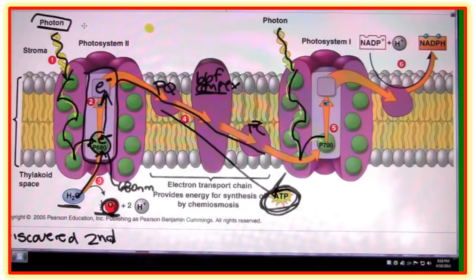P700 is named this because it absorbs light at 700 nanometers, and at that 700 nanometers is where red light is absorbed. But for the whole process, photosystem 1 and